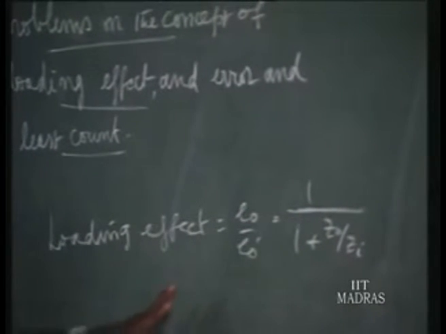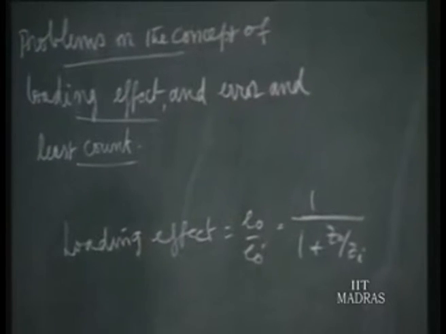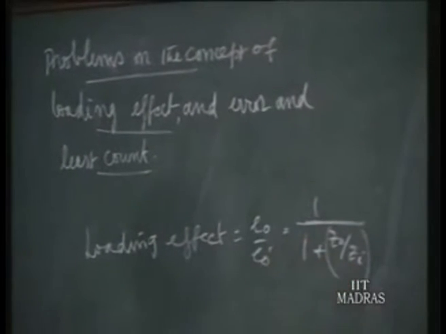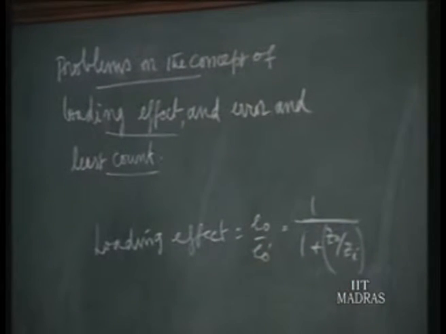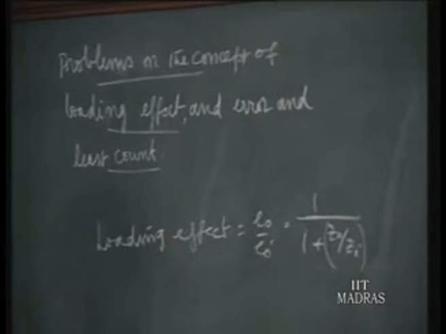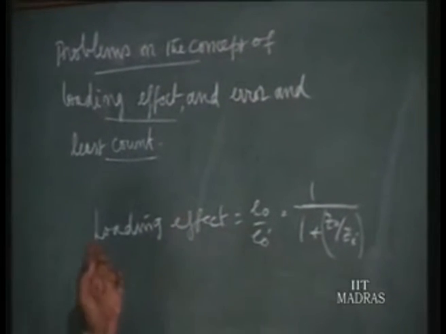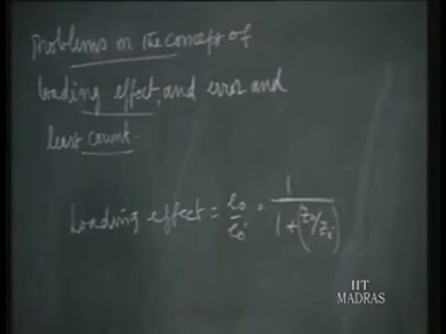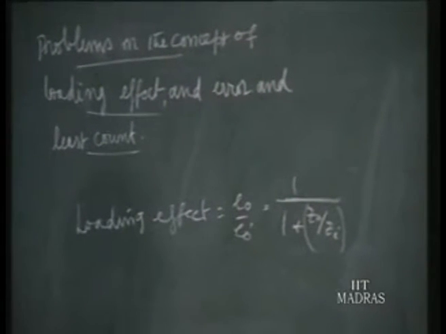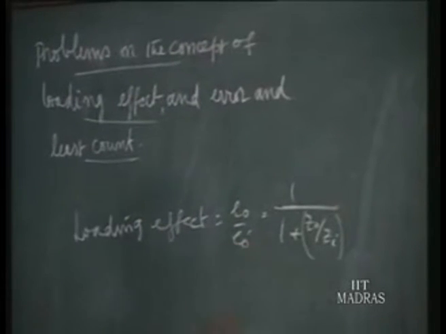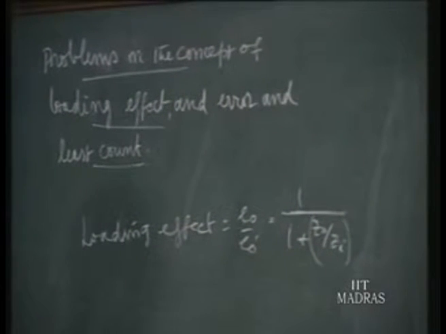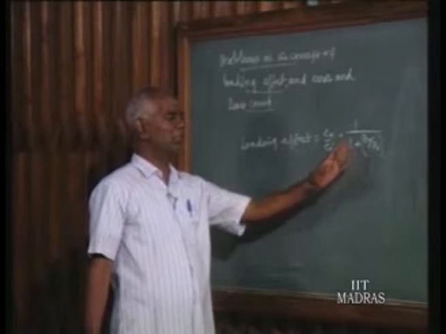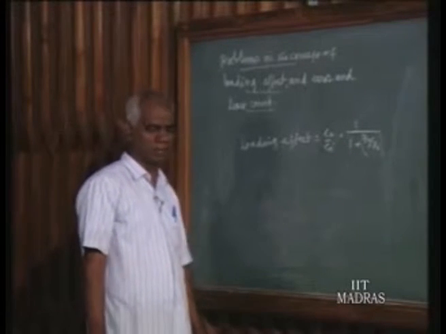So, if at all we are interested to find out the loading effect, we are supposed to know these two values, the output impedance as well as input impedance. Unless we know this, we cannot find out loading effect in the measurements. So, let us work out one or two problems, or let us see one or two important circuits in finding out what is ZO of the circuit, so that we can select a suitable instrument which will have 10 times ZO as the impedance. That is our idea.